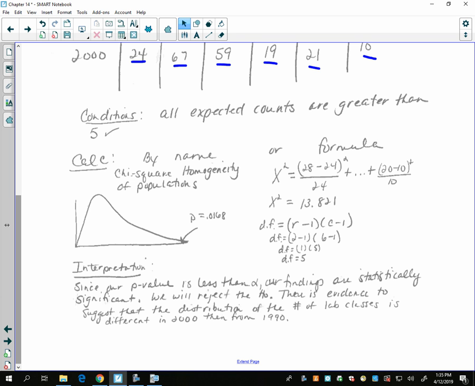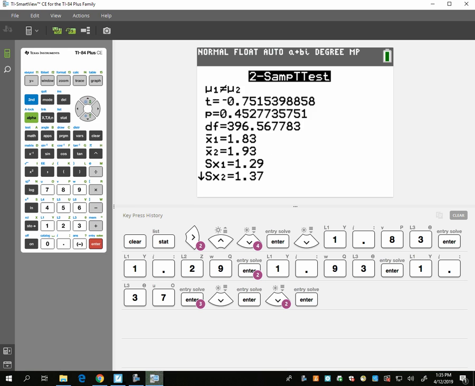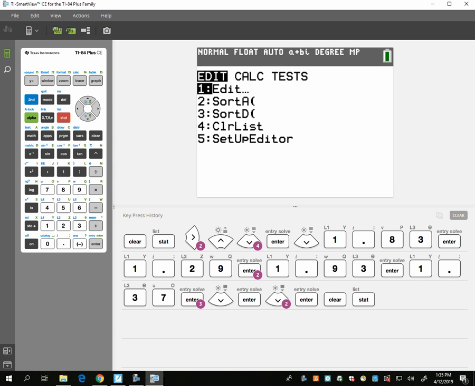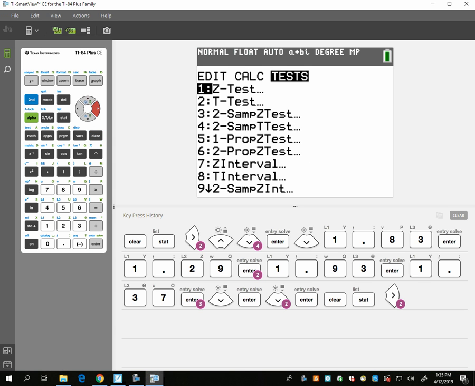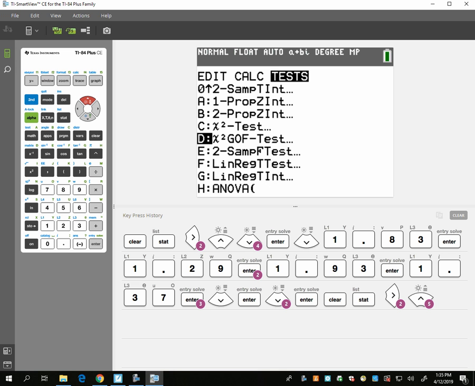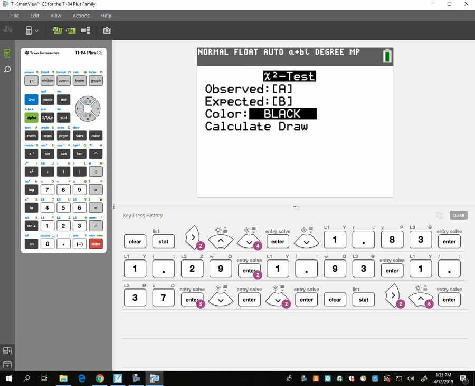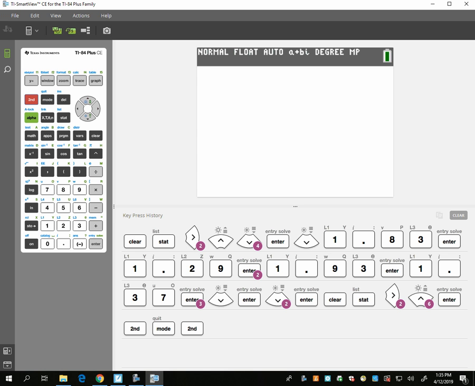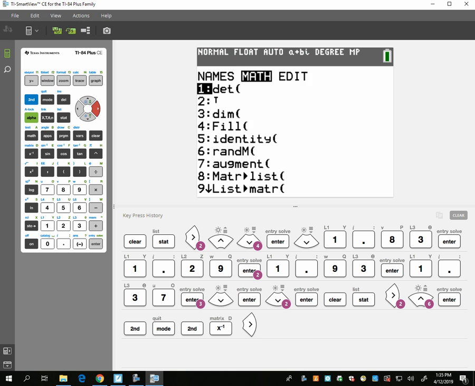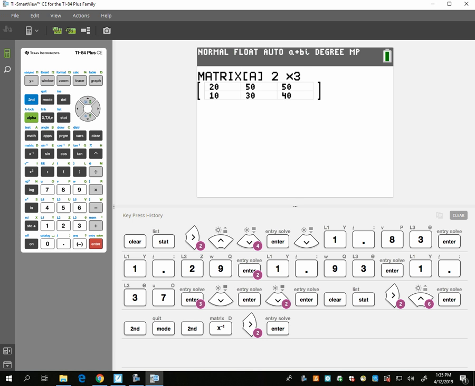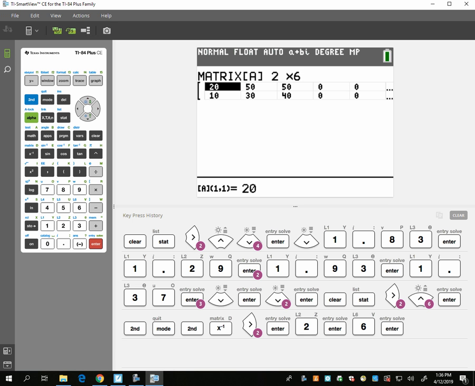And time was running a little short, so I have a little bit more time to try to enter this in the calculator to show you. So test, and now we go to chi-square test, and you're going to enter this in. Oops, shoot, we got to enter in the matrix first. My bad. So matrix, edit. This is a, what would this be? Row by column. So how many rows? 2 rows by 1, 2, 3, 4, 6 columns. And we enter this in, and we get